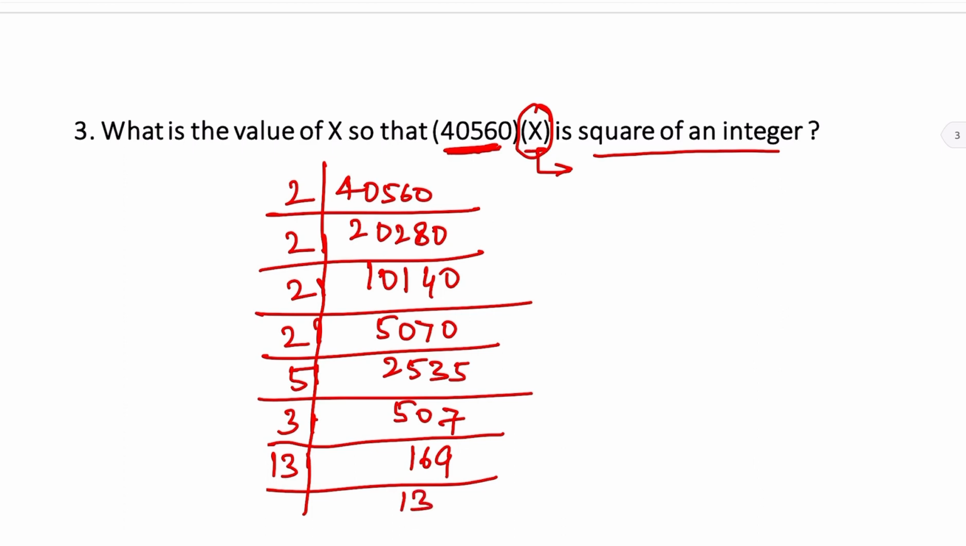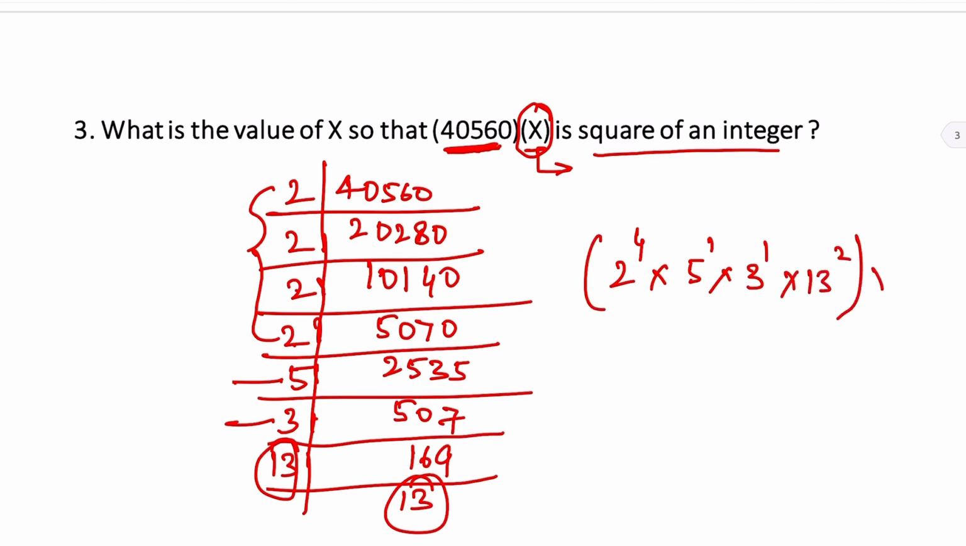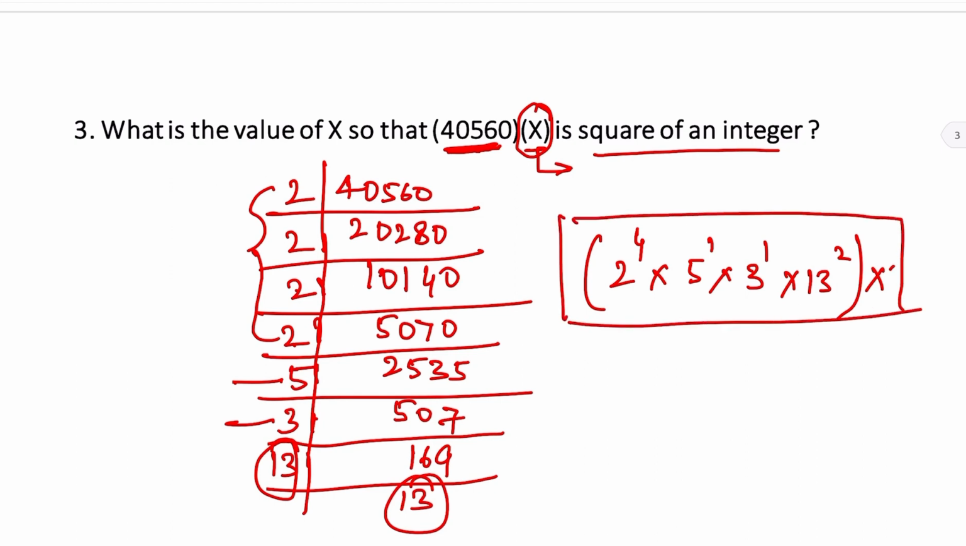Okay, so we can see there are a total of 4 number of 2s, and there is only one 5, only one 3, and there are a total of 2 number of 13s. So when we multiply by x, this whole product should be a square of an integer. So on the minimum side, what will be the value of x? The value of x will be 5